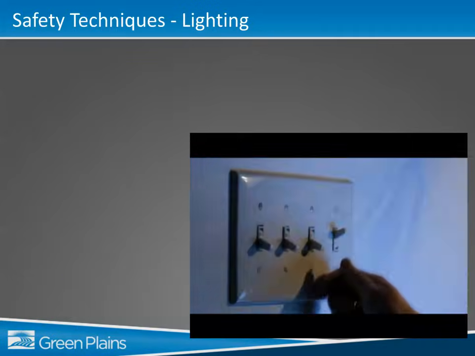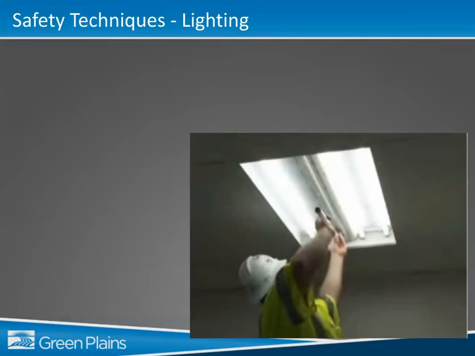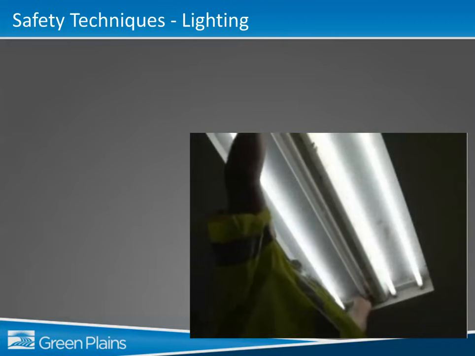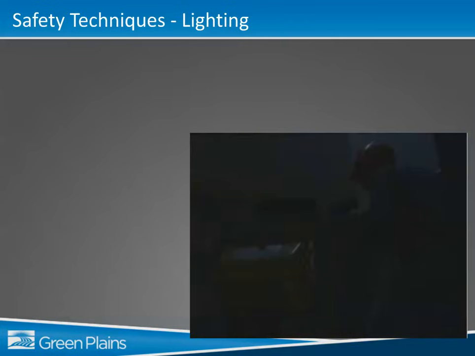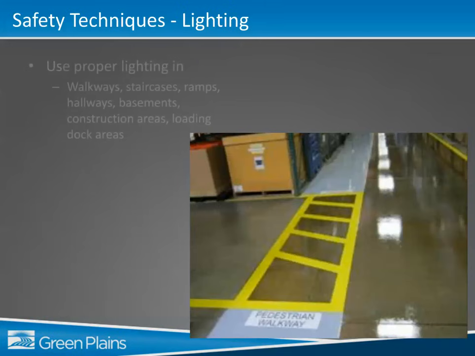Adequate lighting to ensure proper vision is also important in the prevention of slips and falls. Moving from light to dark areas, or vice versa, can cause temporary vision problems that might be just enough to cause a person to slip on an oil spill or trip over a misplaced object.